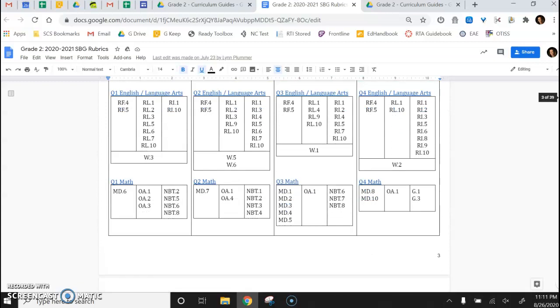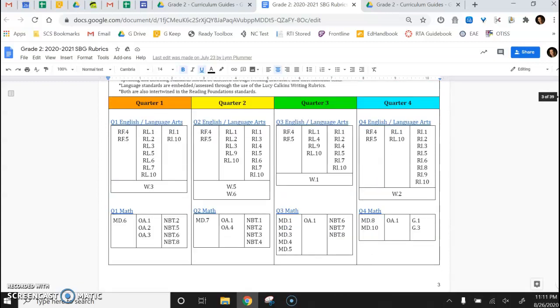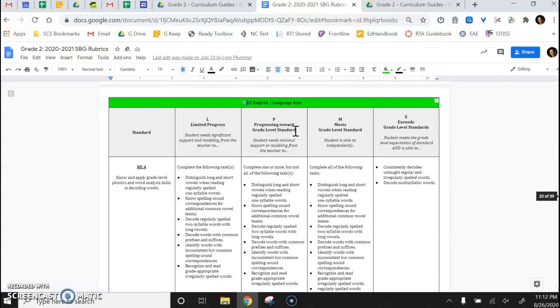The next page is aligned to your curriculum guide, and it gives you the standards per quarter. In some cases, a standard will be reported on each quarter, like RF4, first quarter, second quarter, third quarter, and so on, but the rigor of that rubric may change. So it's important that you go to the correct quarter for your standard and reporting. I'm going to go to quarter 3 just for an example. You will see then your standards-based measures,